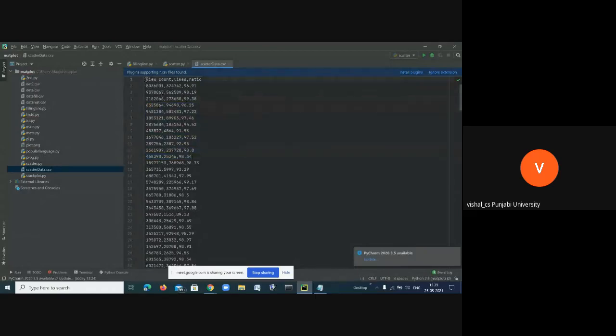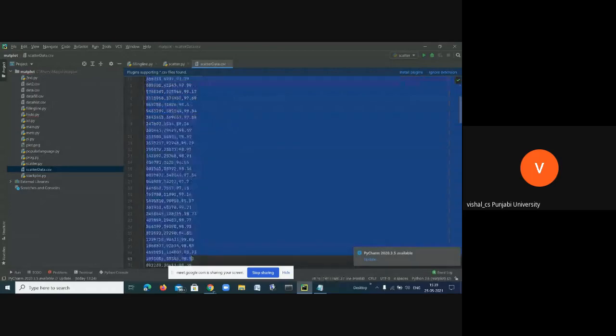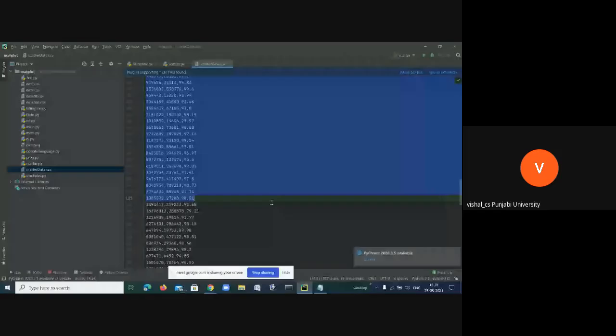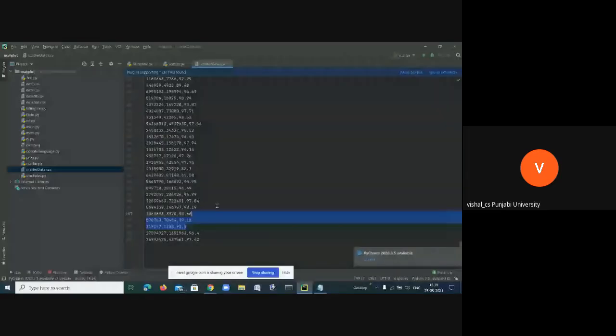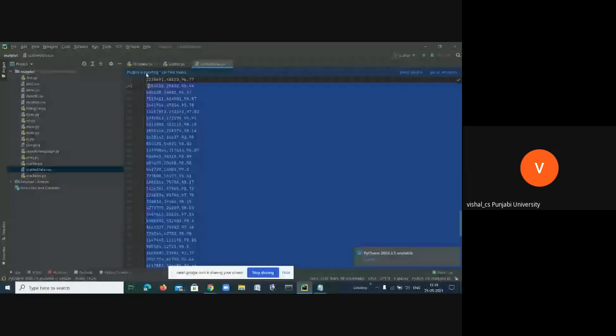So you draw a scatter plot. What you have to do is simply read the file using read CSV, and after that you can make the list. Or you can extract columns, and from the columns you can draw a scatter plot.